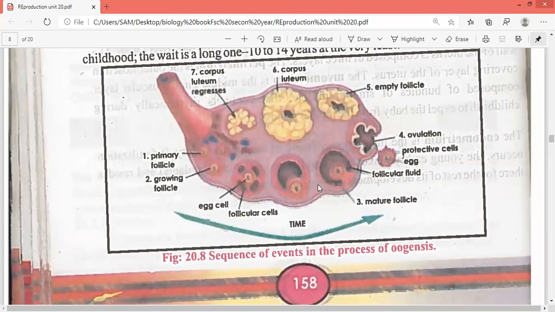Then the mature follicle consists of fluid, and then we have the ovulation process. The egg is ovulated, ठीक है? Then the empty follicle remains, that is the corpus luteum, and the regression means, जैसे आप अगर फैट ये नहीं होते